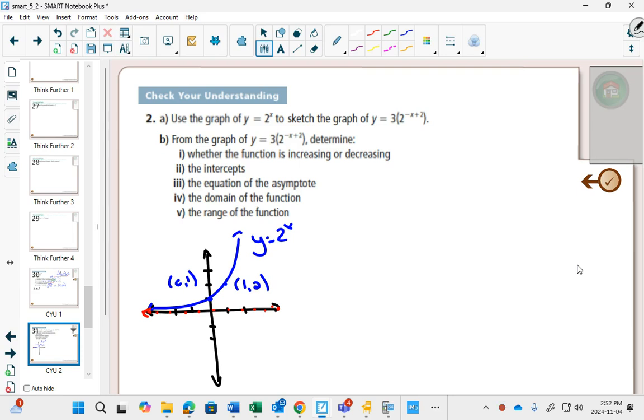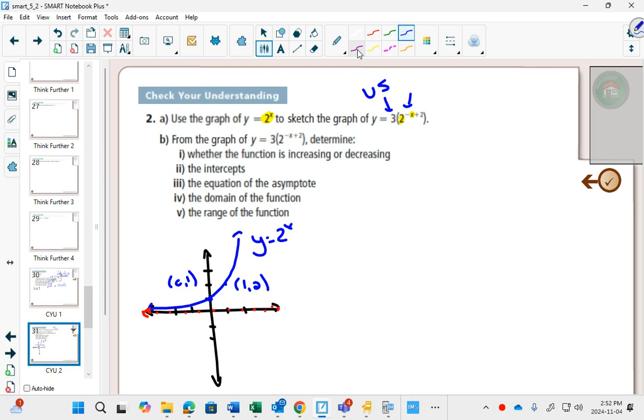So sometimes what I find helpful is I take out a highlighter and I highlight the 2 and the x, because that's my parent graph, right? My parent graph has a 2 to the x. And if I highlight the 2 and the x, everything that's left is going to be a transformation. So when I look at what's left, I'm like, oh, a 3 outside. Are you okay with that being a vertical stretch? The negative,